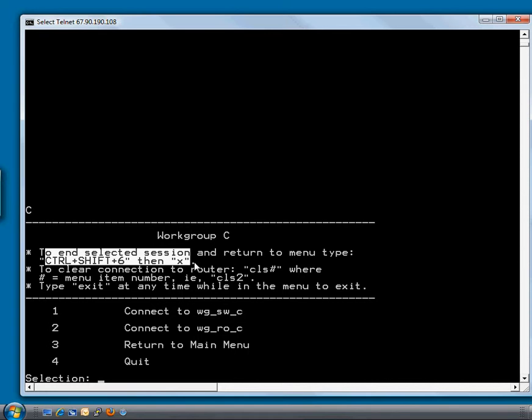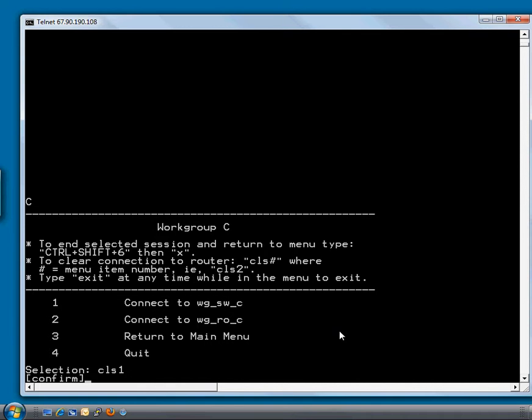What is more likely is you may need to type the CLS to clear a session. To clear a session, you type CLS followed by the menu number. In our case, we have to get into either the switch, which is number 1, or the router, number 2. Let's say I was to type 1 right here, and it just brings the menu back up. That says there's a session and I'm disconnected from it. So I would type CLS 1 and hit enter. It'll ask me to confirm it, so I hit enter a second time,